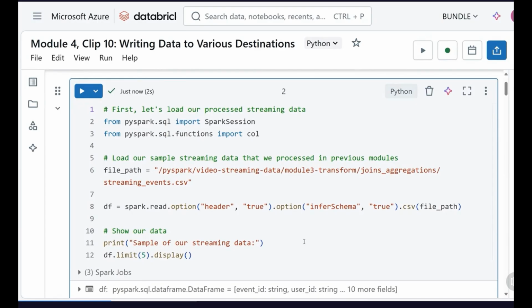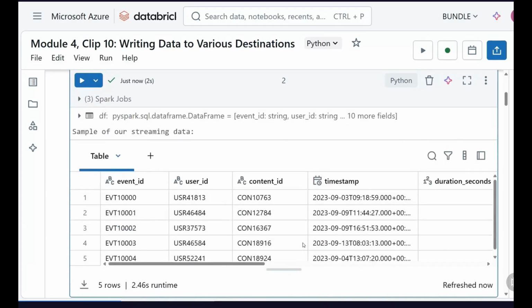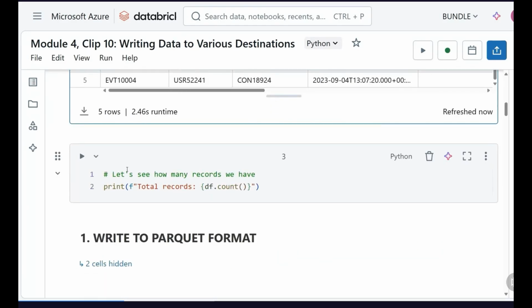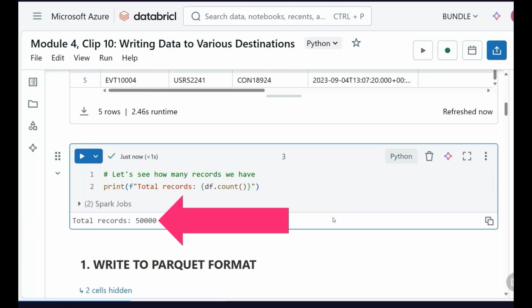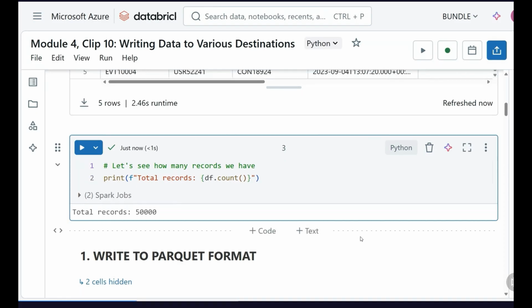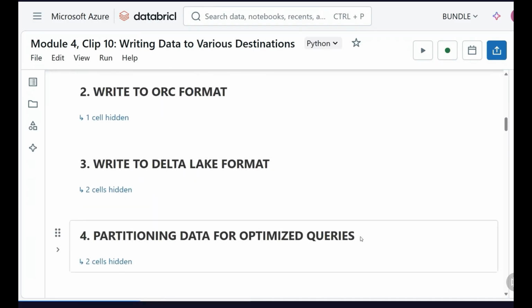All right, we've been able to successfully load in our streaming data that we're going to use for this notebook. And just to get a sense as to how much data we have here, we're going to run this. And this shows us we have 50,000 records within here. And I'm going to scroll all the way down through these formats that we're skipping over